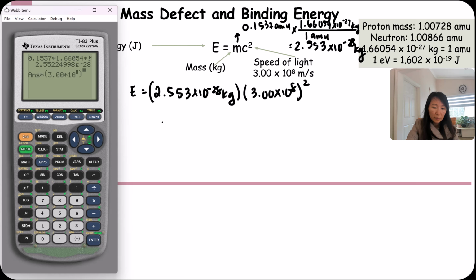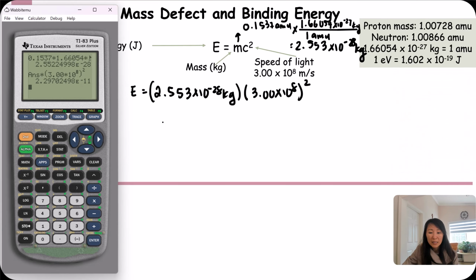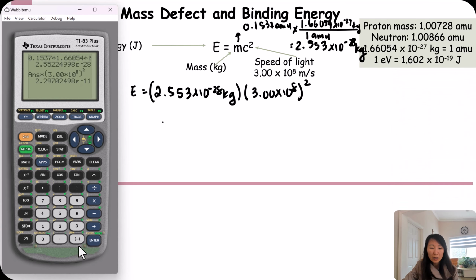So that I can square just that portion. And I would get 2.297 times 10 to the negative 11. Okay, and since the speed of light is in 3 sig figs here, let's go ahead and put it in 3 sig figs, 2.30